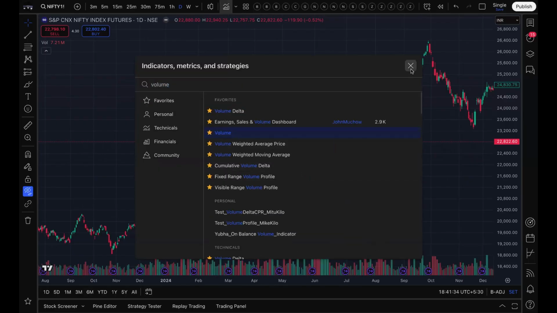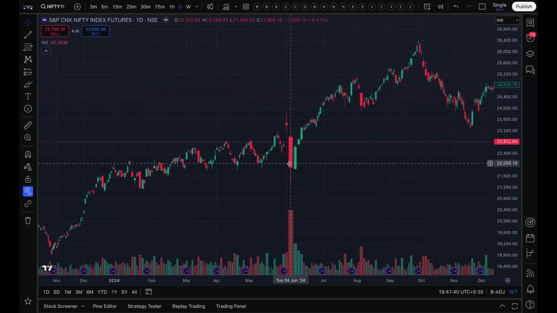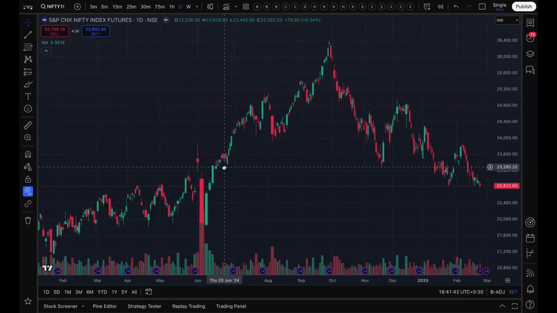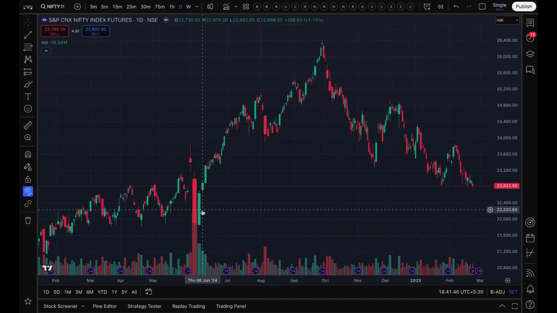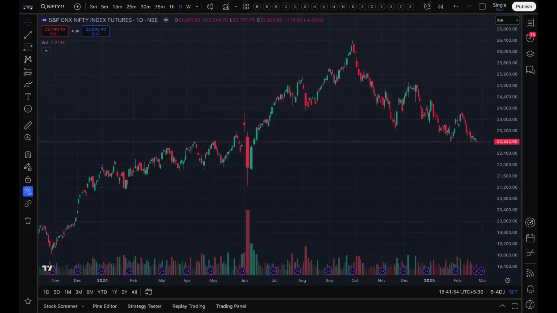And this is 4th of June. Can anybody tell me what this candle is and why there's a higher volume and this candle is thicker than all the other candles? Election day result. Yes, that's the result day for the election, where there was a lot of trading. Now, this is not exactly what we're talking about in terms of volume scaled bars, but